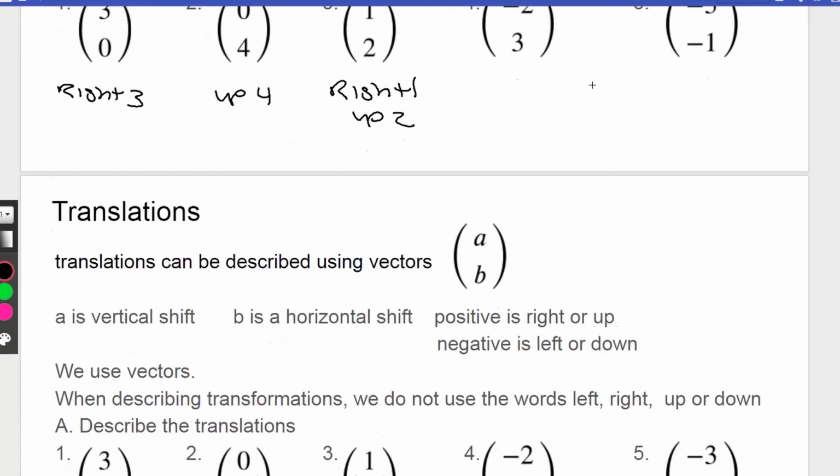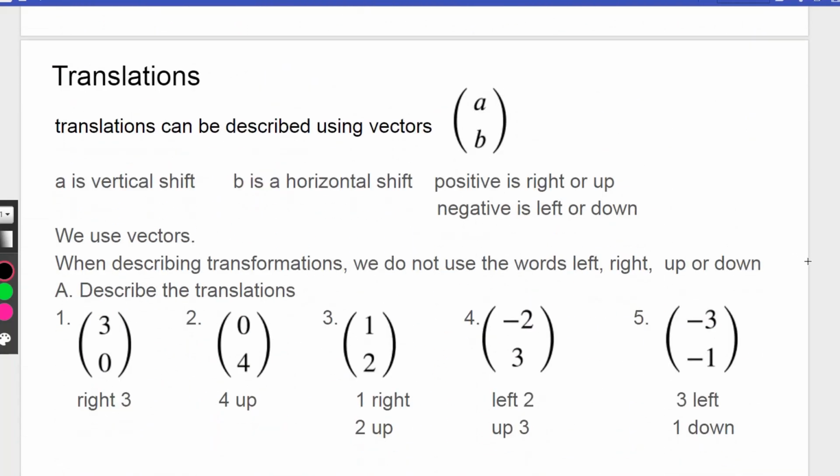All right, hopefully you did that. For these last two, what we're going to have is this -2 is going to shift to the left, and then this 3 is going to shift up. This -3 again is going to shift left, and this -1 is going to shift down. It's important because it's a really easy way to describe a translation, and some of the things you have to do